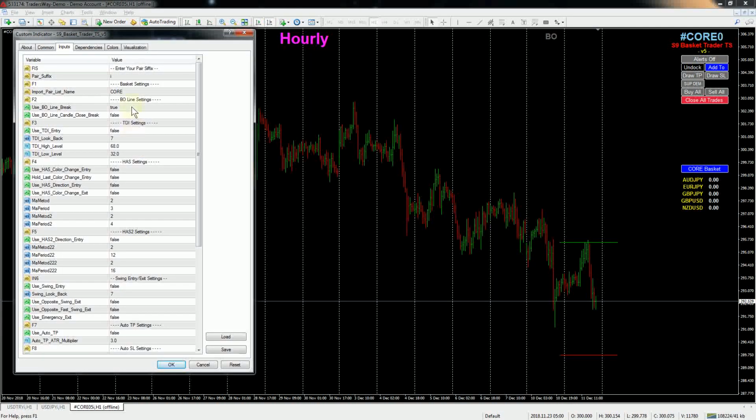So we got the set turned on to true. Now TDI, if you want to use the TDI, remember that's the Trader's Dynamic Index. You don't have to have it down here, but if you want to put the TDI indicator down here just to see what it looks like, you can do that. But the calculations are already included into the TS, so you don't have to have it down there. But if you turn this on,